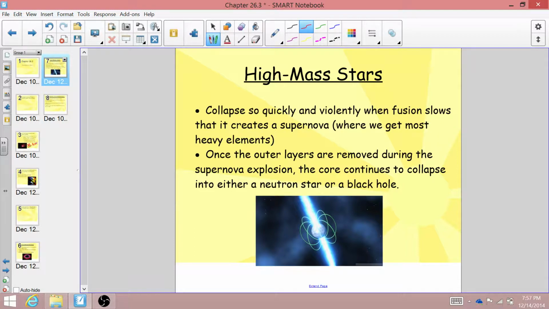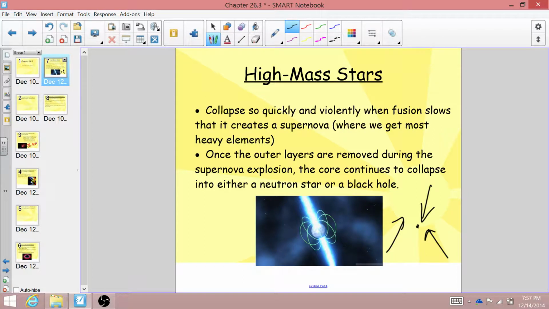Now, if that's not crazy enough, if a star has even more mass than 3 times our sun, it will collapse so much that it will turn into a black hole. And on a basic level, a black hole is where all matter collapses into a singularity. And a singularity is 1 point in space. It's not even considered 3-dimensional, it's considered 1-dimensional. Or, I'm sorry, 0-dimensional. It is a single point in space. And it has an infinite amount of mass in it. All of the mass that was in that star's core collapses to a point that is nothing, basically.